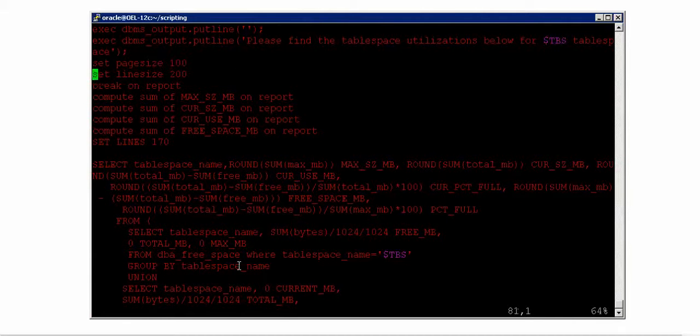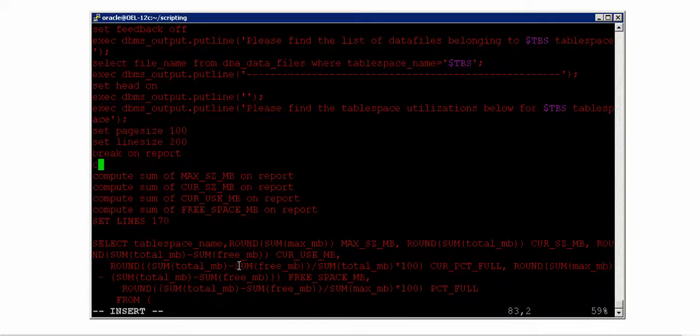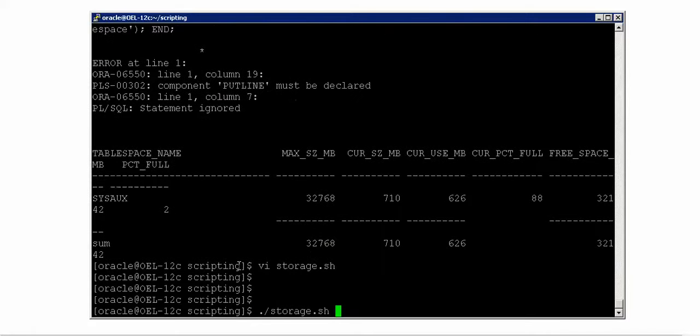And now I should say something called set table space name that has to be reduced. So I should say column tablespace_name format a, and it should be not more than 10 characters. Okay, and this put line, the syntax is put_line. I hope it is put_line, and I should include that because that's the package name if I remember right. Alright, now let me execute it and see the beauty of it.